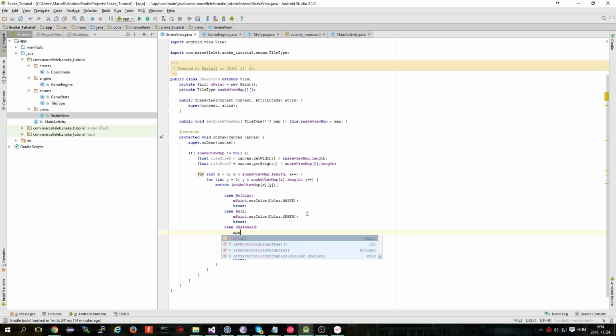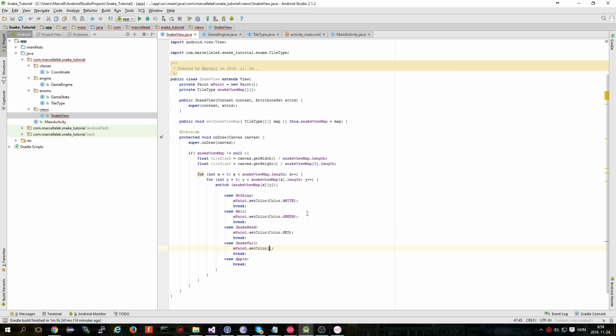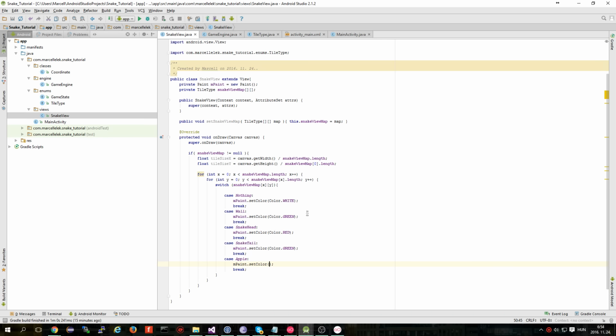The snake head, I set it to red, so Color.red. The snake tail is also green, so let's make it green, and the apple is also red. mPaint.setColor Color.red. And if we are done with this, then we can